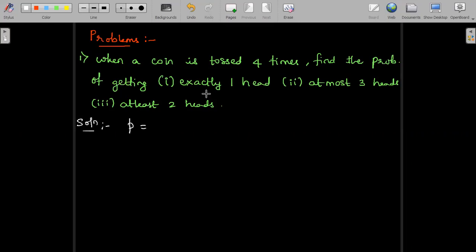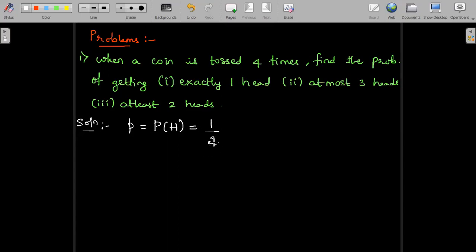We can assume that P stands for probability of success, which is the probability of getting a head. Probability of getting a head is 1 divided by 2. It is the number of favorable outcomes divided by the number of possible outcomes. Whenever we toss a coin once, possible outcomes are head or tail. So there are 2 possible outcomes in the sample space. That is why the denominator is 2. Either it can be head or it can be tail. Only 2 possibilities whenever we toss a coin.